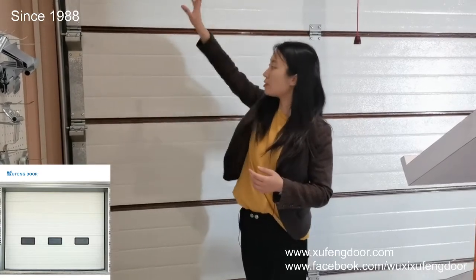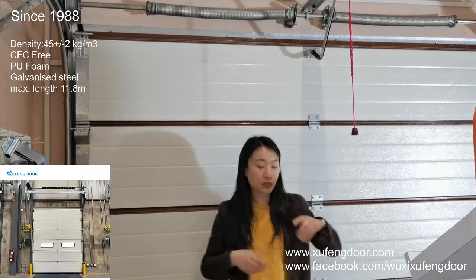We have a lot of distributor customers. They just buy the panels and cut them accordingly to their market, because you might have all different types of opening sizes in your area. Or you can get the full set of the doors, like what we have over here, with the whole accessories available for you to install at your place, and the motor is optional. And as well, if we're talking about